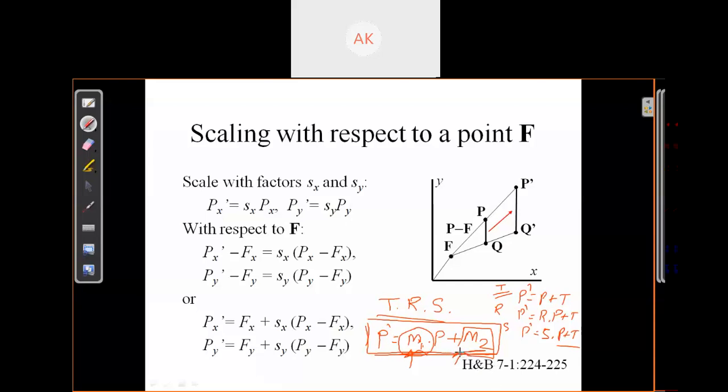This translation term is associated with the object's shift in location. When your rotational point is not the origin point, it is first translated from this point, so this term depends on your translation parameter. In the same way, for your fixed point, and when you just apply translation on your object. And M1, your rotational matrix or scaling matrix, is the multiplicative matrix.